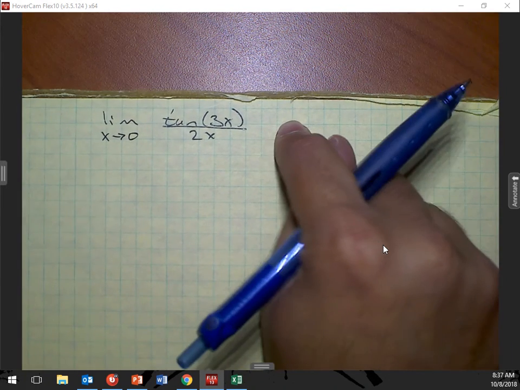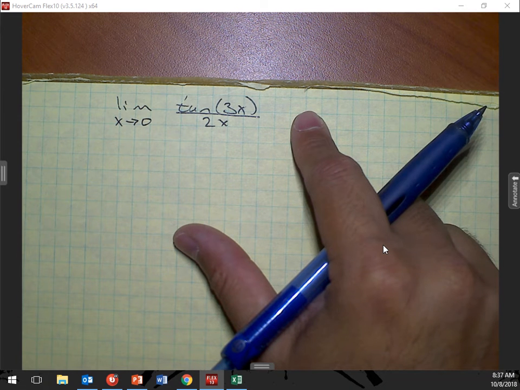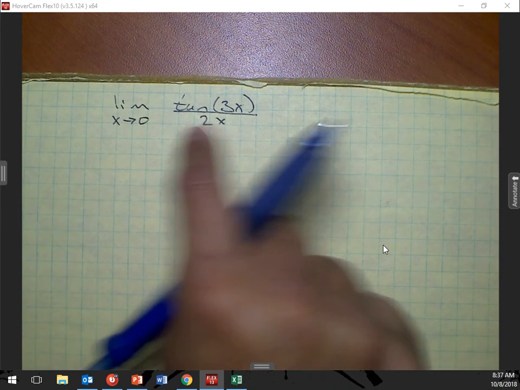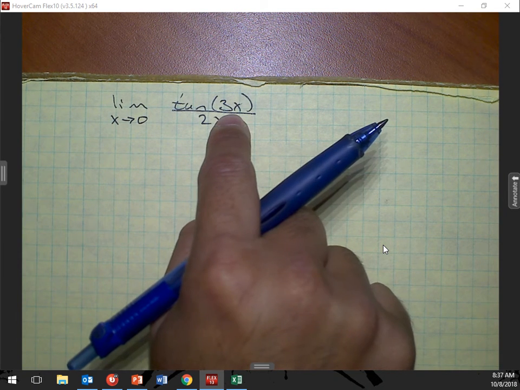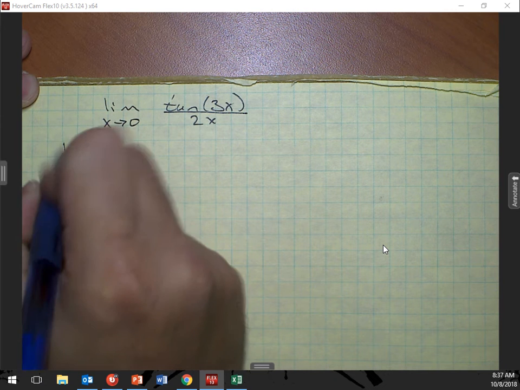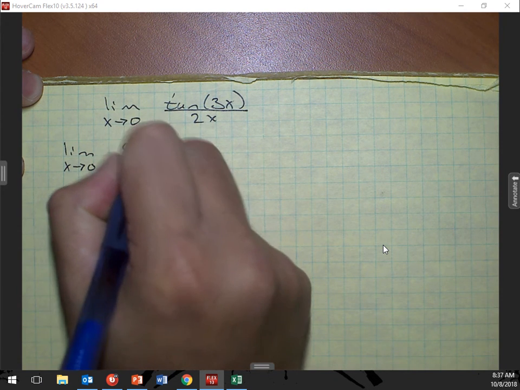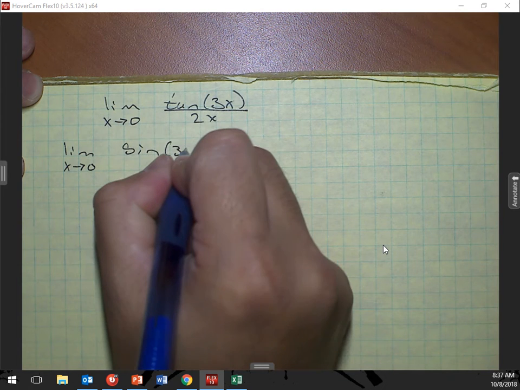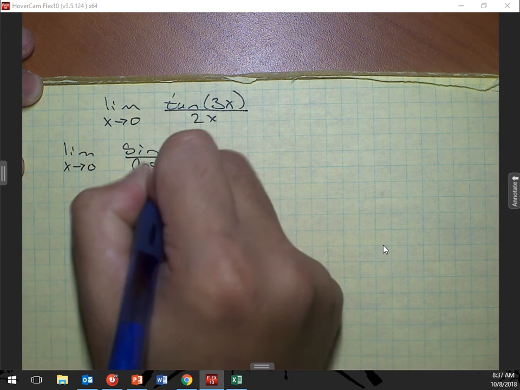Now, we know tangent is actually a ratio of sine to cosine, right? So we could break this up as sine over cosine, but it's the sine of this value, right? So I'm going to be taking the limit as x approaches 0. We have sine of 3x over cosine of 3x